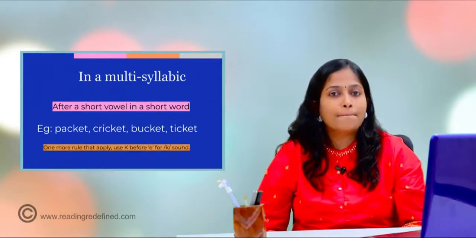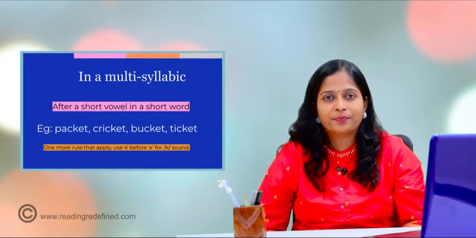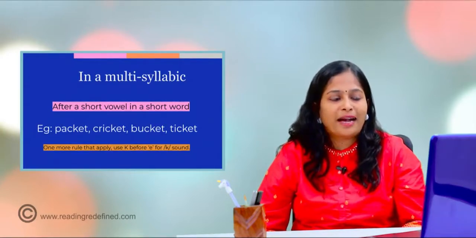Cricket, bucket. So in that place you cannot leave only with C because it will change to S. So we are adding K there. Before E we will be adding only K, right, to have the K sound. That's why we are adding K. So it's again a list of words. They will be able to read it. Ticket, bucket, rocket, packet, cricket,